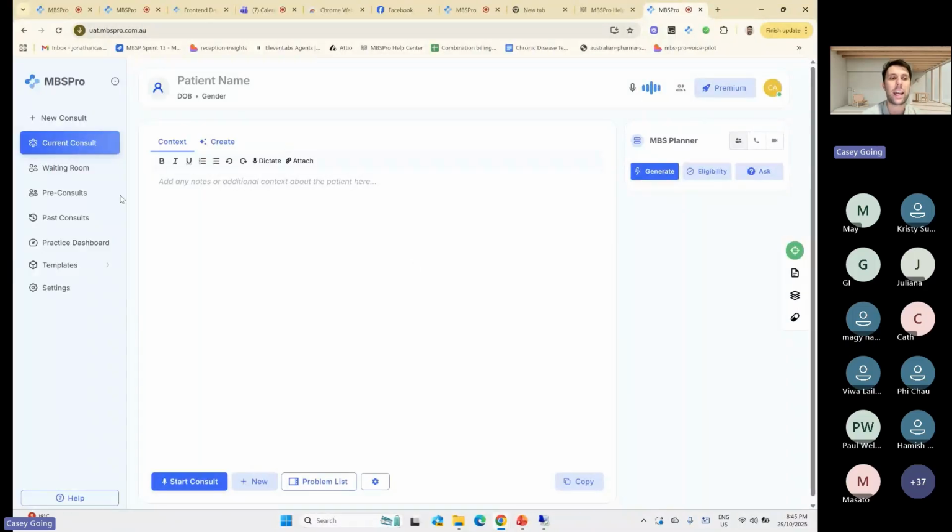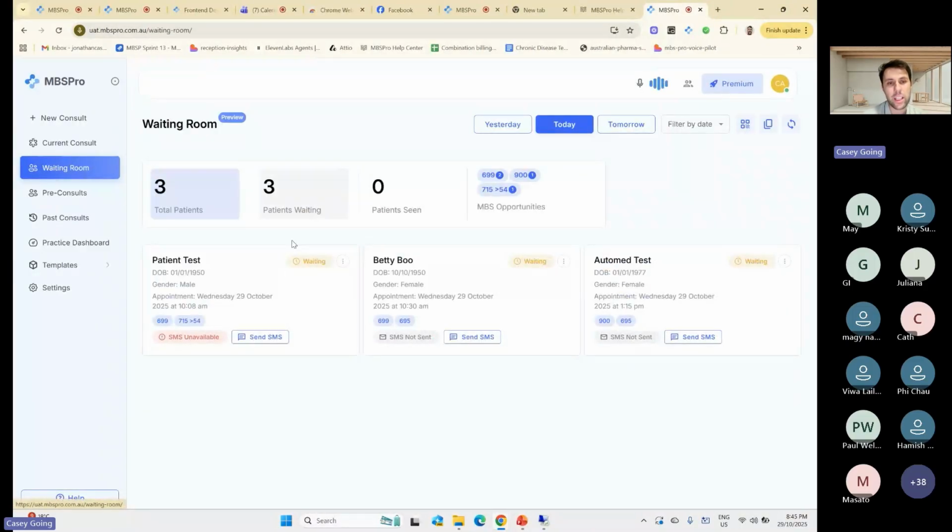The next thing to add on the integration list is having it automatically check the waiting room for all of your patients and say, yep, this patient's eligible for these things, this patient's eligible for these things, as well as a My Medicare check to see where their My Medicare has been registered to. So that's on the roadmap. That's where the integration will work.